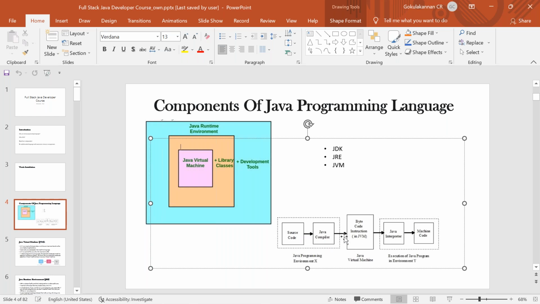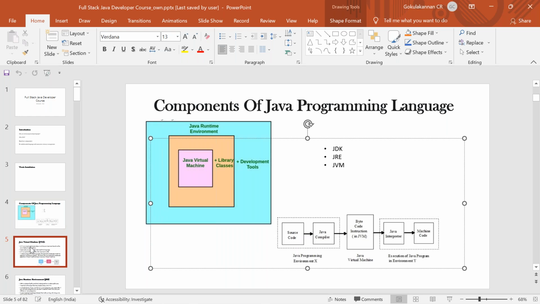Then the JVM comes into the picture, whether I'll be running it on my same machine or giving my code to someone else to use. The JVM will convert that into machine code. This is the complete flow of your code, from source code to machine code.